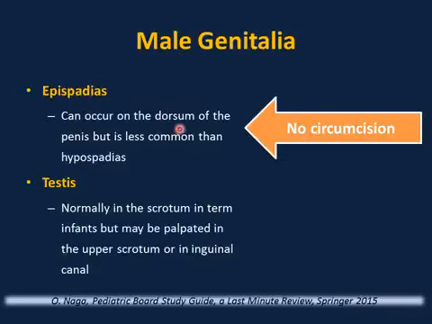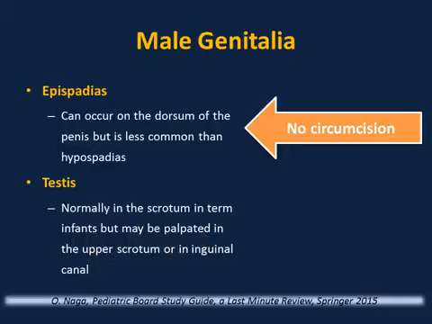Epispadias can occur in the dorsum of the penis, but is less common than hypospadias. Either one, hypospadias or epispadias, is a contraindication to do circumcision. Testes are normally in the scrotum in term infants, but may be palpated in the upper scrotum or in the inguinal canal